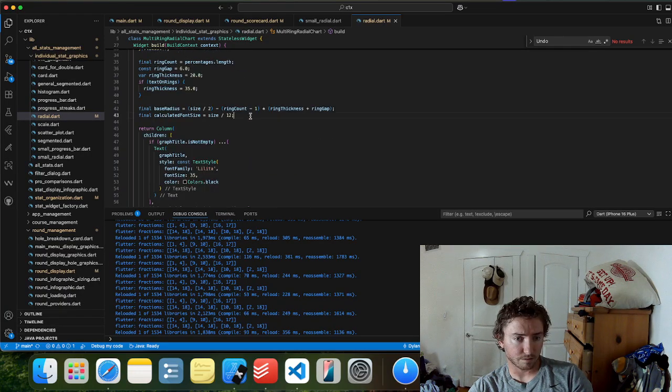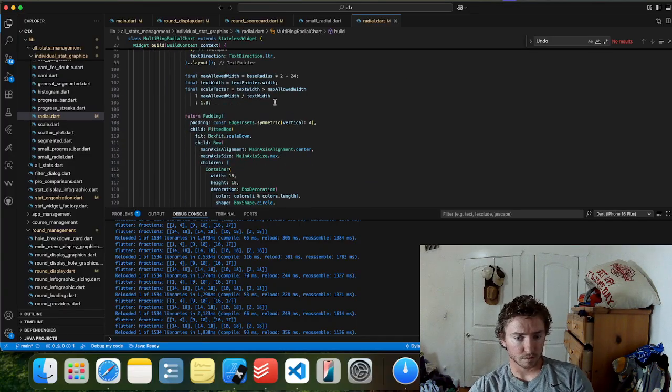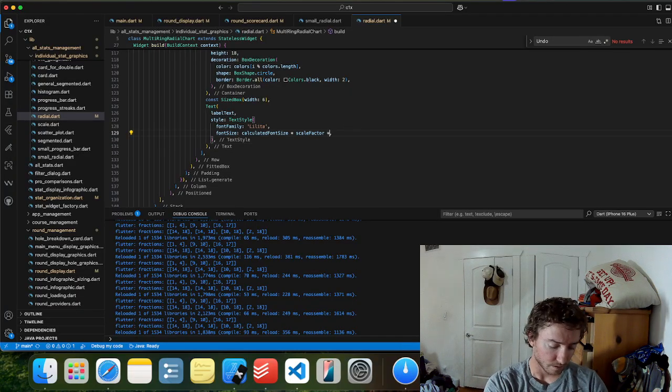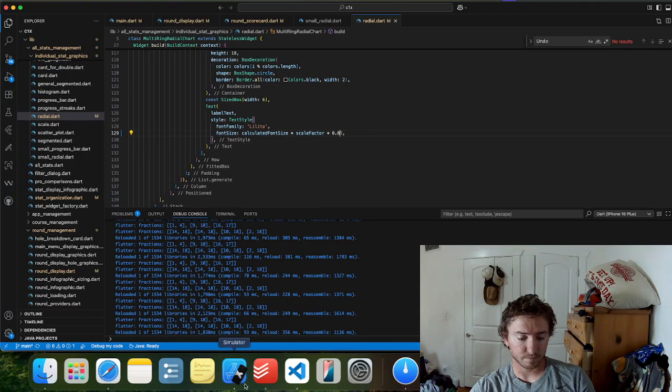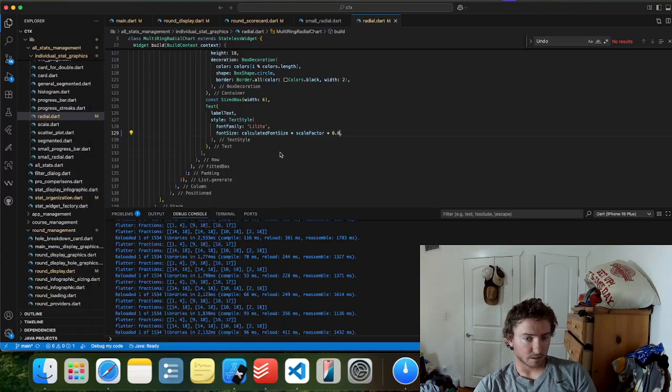Am I calculating font size? Too big still? Maybe a little bit.